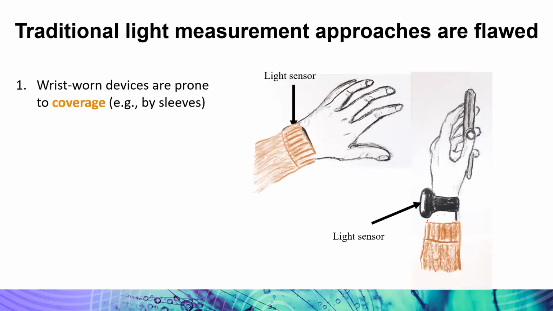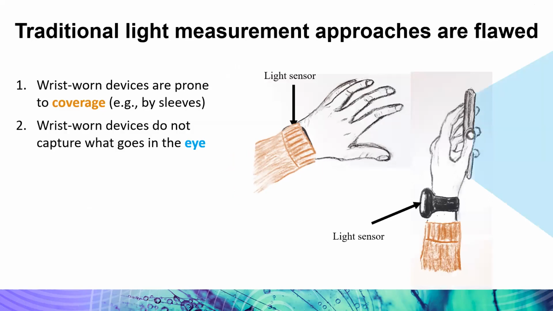The other problem, of course, is the light sensor is here, right? So it's not capturing what goes into the eye. If I'm using a device such as a phone in my hand, the light's actually going to be shining away from the sensor. So we know it's going to be particularly crummy for capturing light in the evening, on handheld devices and things like this that we actually care a lot about when it comes to the impacts on the